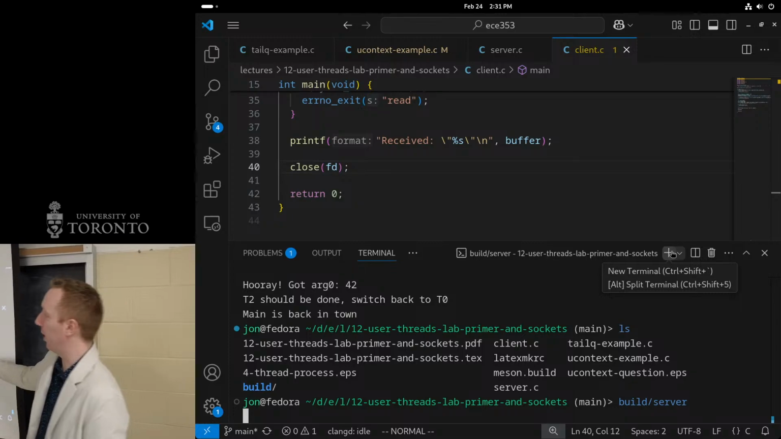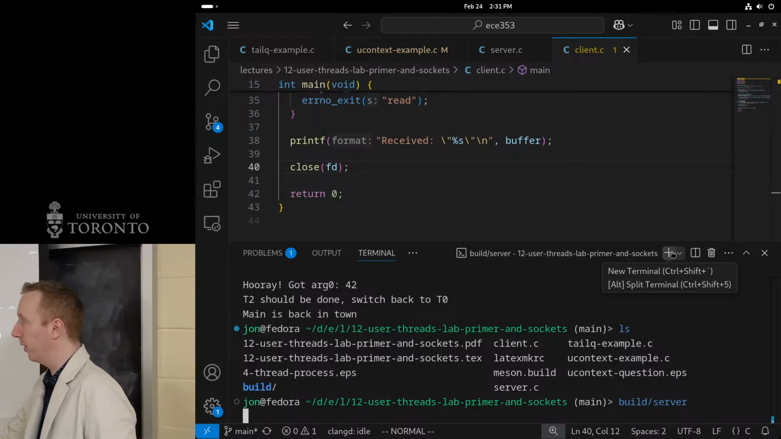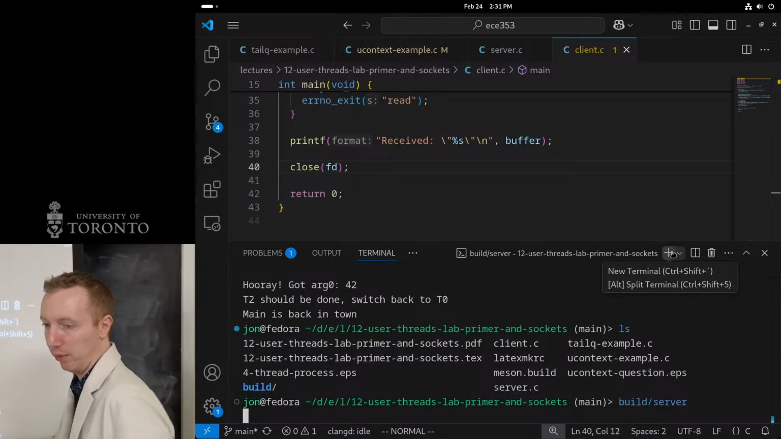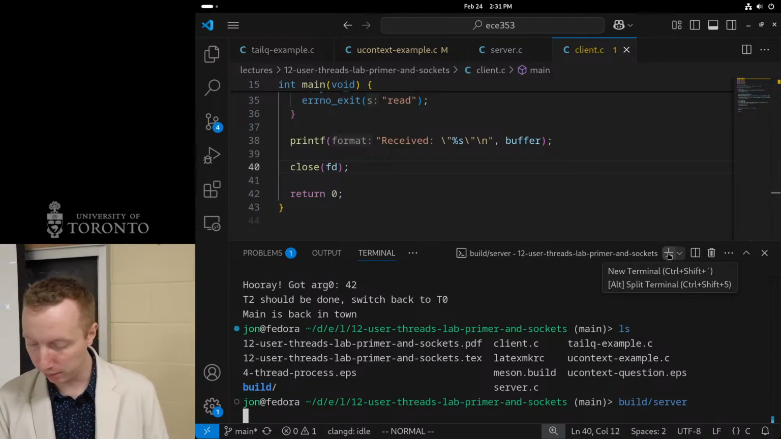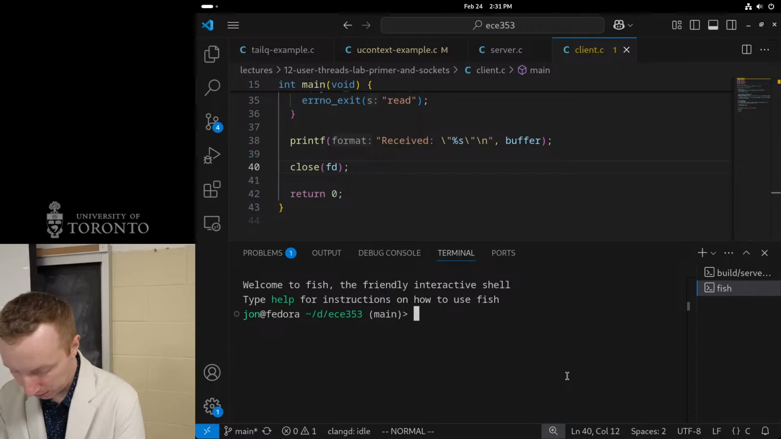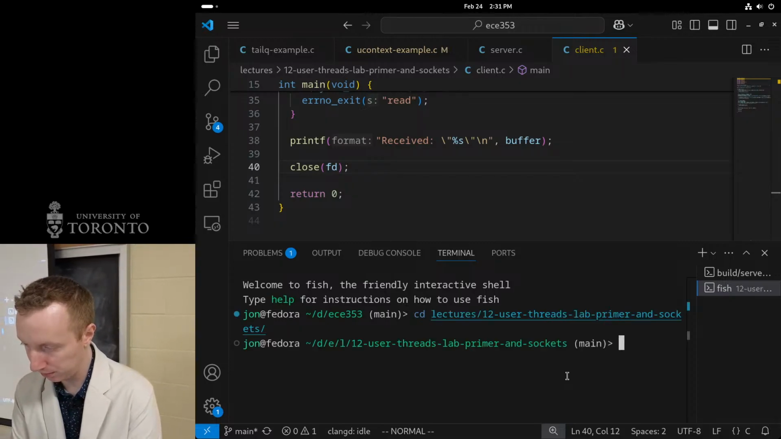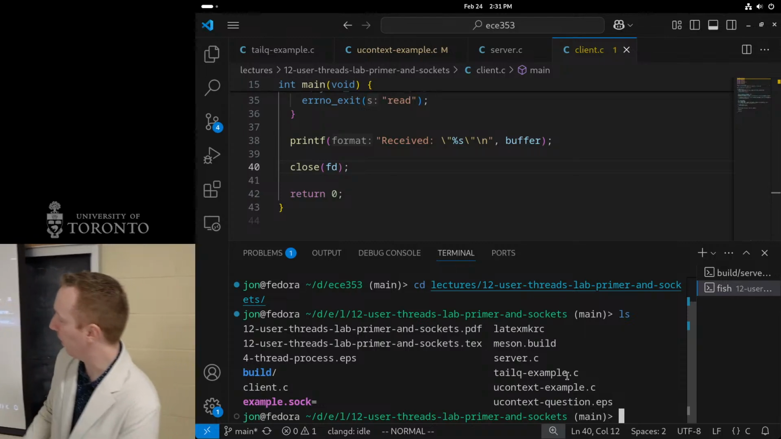Right now, if I was to strace it, I would see it's blocked on that accept system call because no one has connected to my poor web server right now. It's just sitting waiting for connections. So if I open another tab and go to lecture 12, and I look at the directory,